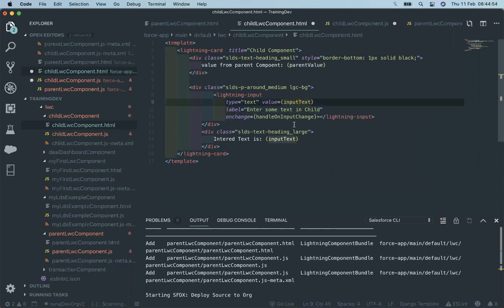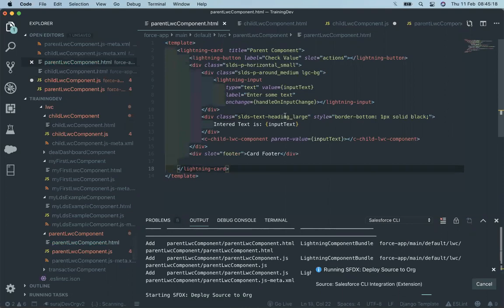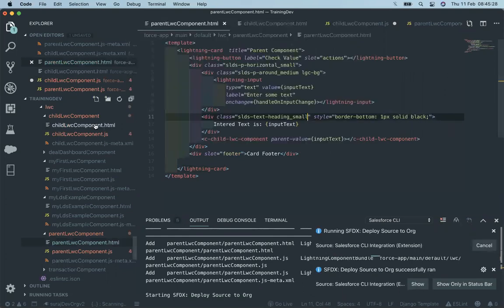Input child text. I'm just making changes in the UI.